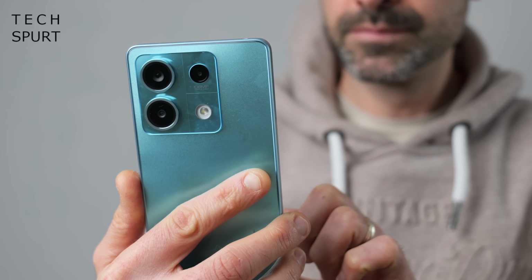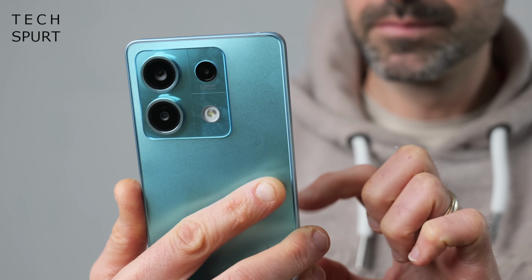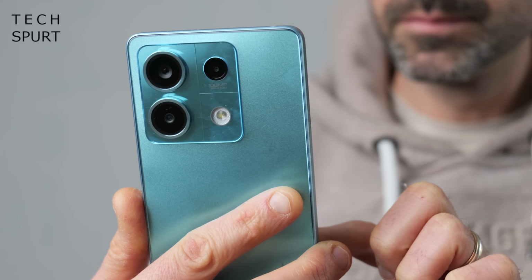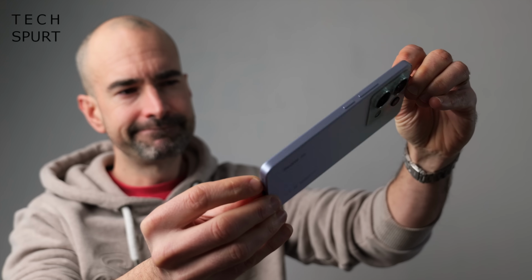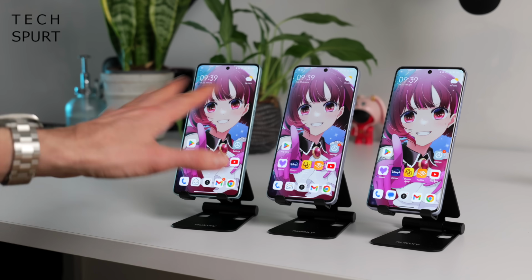Charging speeds are very different though. 33-watt charging here on the Redmi Note 13, so not exactly particularly nippy. You'll need to plug it in for over an hour to get a full charge. That gets upgraded significantly to 67 watts here on the Pro, much faster overall, and then ridiculously swift 120 watt fast charging on the Redmi Note 13 Pro Plus. So just 20 minutes with a cable stuffed in it and it'll be back up to full. And if you fancy the idea of wireless charging, well, none of these phones do that, so I guess you're